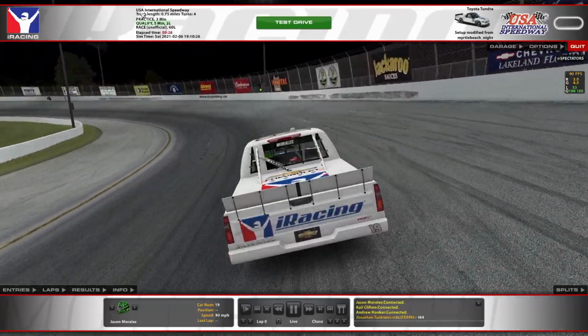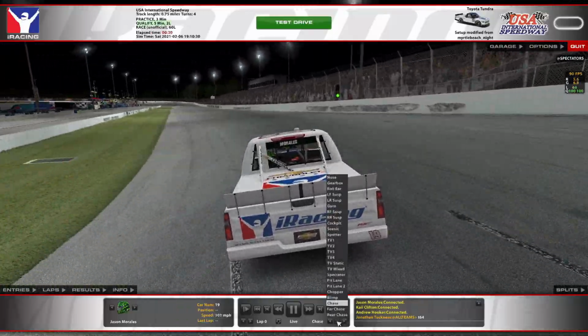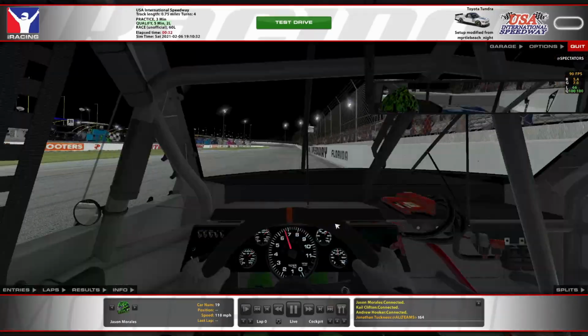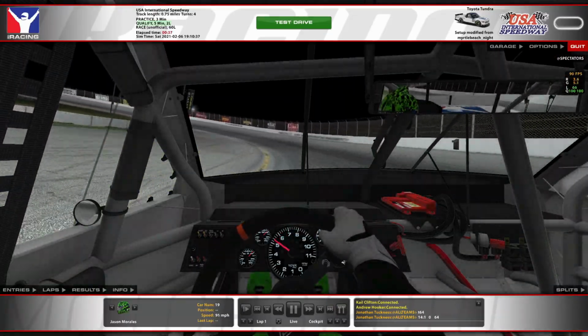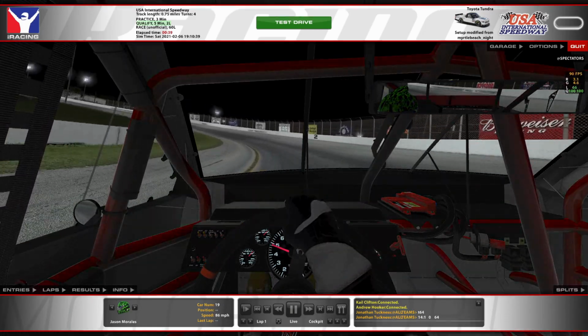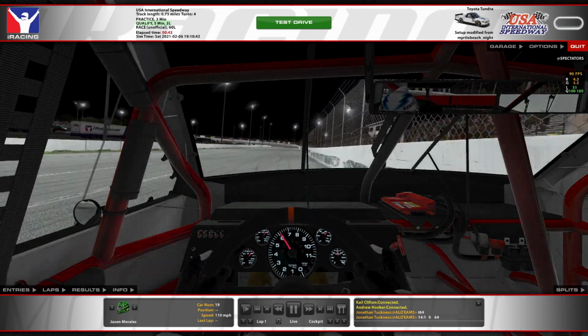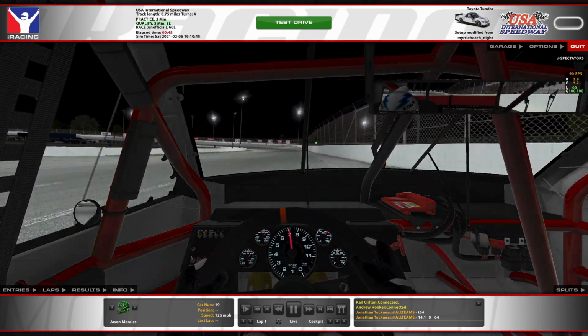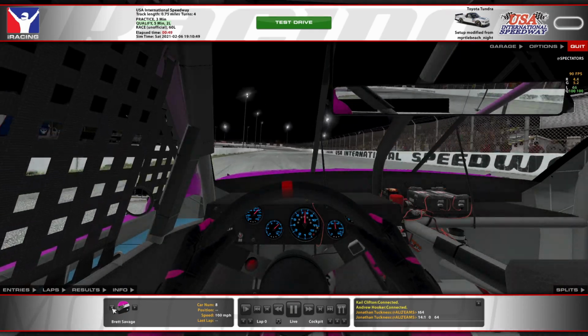So here we are. We've loaded up into the race session, into a top split race as a spectator. And you'll know that you've done this right when it says test drive at the top and not qualify or anything like that. So you have all your session information up here. You can hop into any truck or any car that you want and see what those drivers are doing. Like, for example,